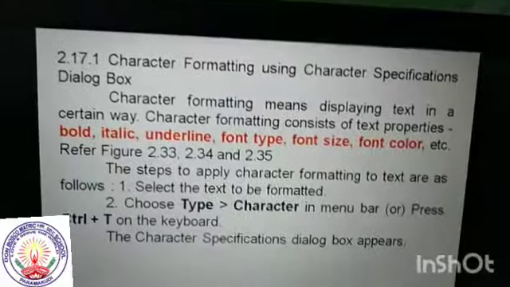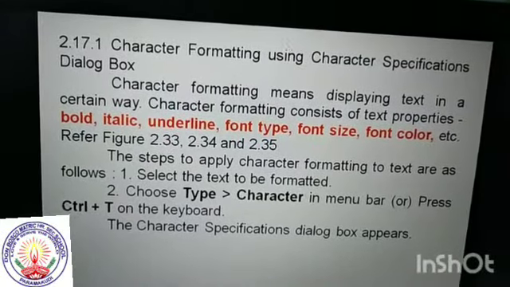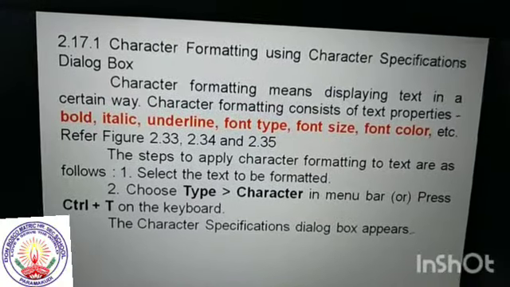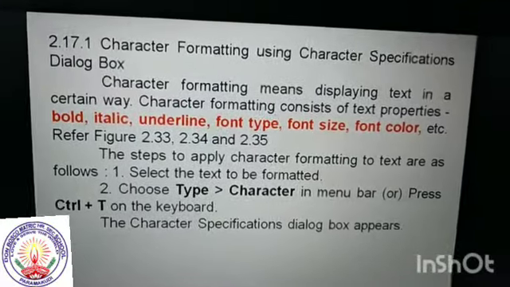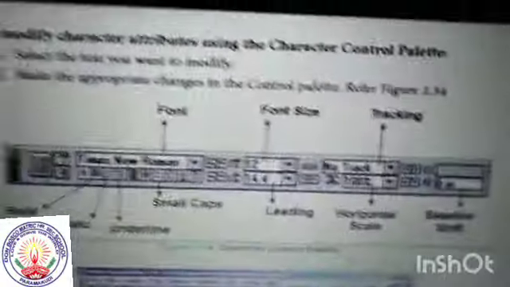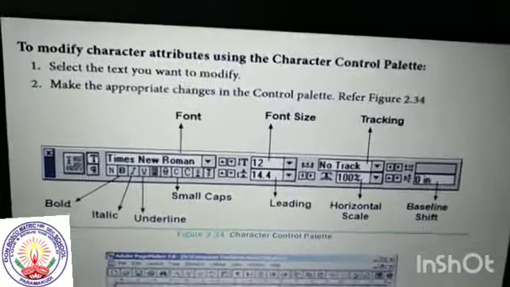In the type menu bar you select the character command, or you can use Ctrl plus T. The character specification dialog box appears on your screen. This is the character formatting dialog box.